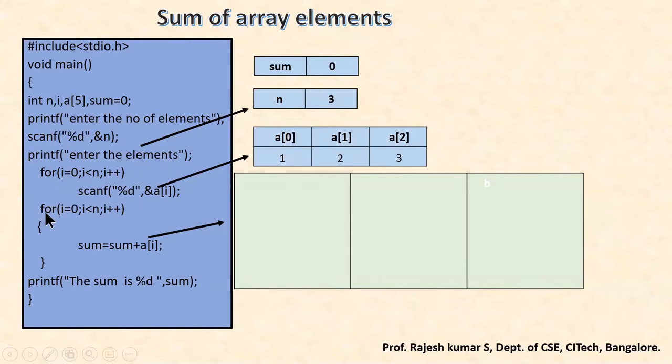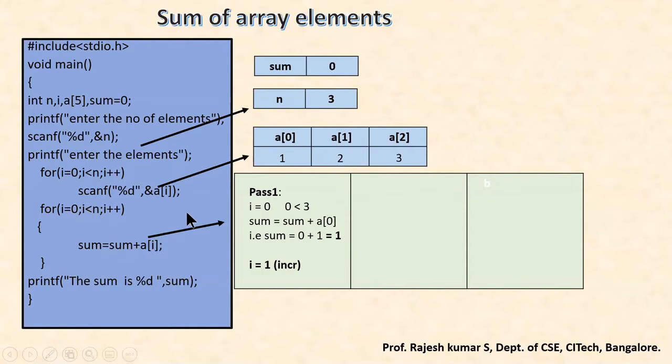First, in the first pass, what I'll do is i is equal to 0. You will check for the condition 0 less than n. What is the n value? 3. 0 less than 3. Yes, the condition is true. We enter into this for loop. In this for loop, the formula I have placed here is sum is equal to sum plus e of i. We know the sum value is initialized with the value 0. So sum is equal to 0 plus e of i.